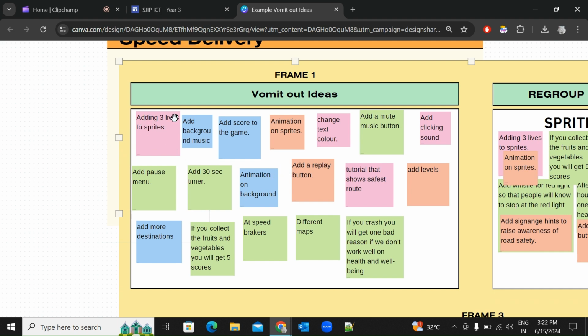Let's say you add 3 lives to your sprite, which is your drawing dot. Let's say you accidentally touch the black line, you want to give it another chance. This is one of the ideas. Or you can add background music, you can add score to the game, you can change the text color. We don't have text. We can always change the pen tool color. If you want to add background music, you can also add a mute button for your music as well, or